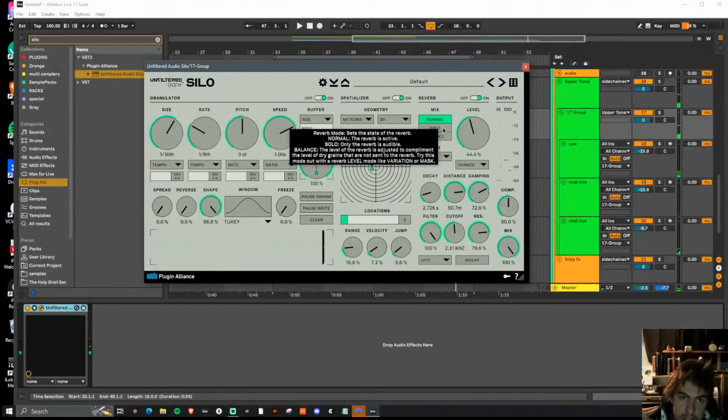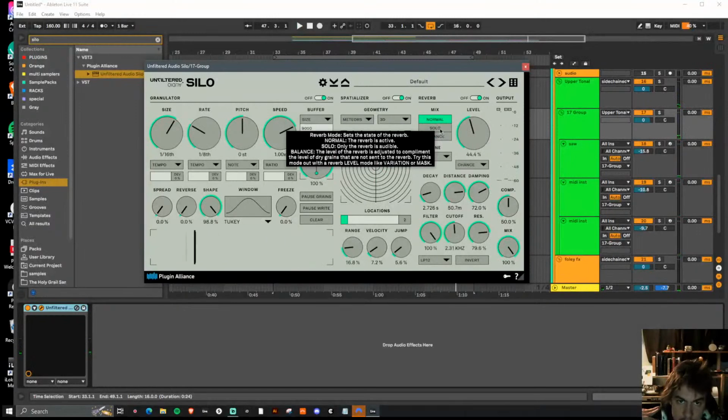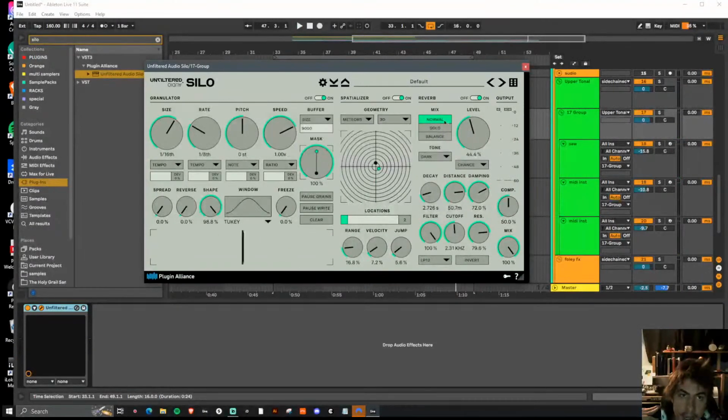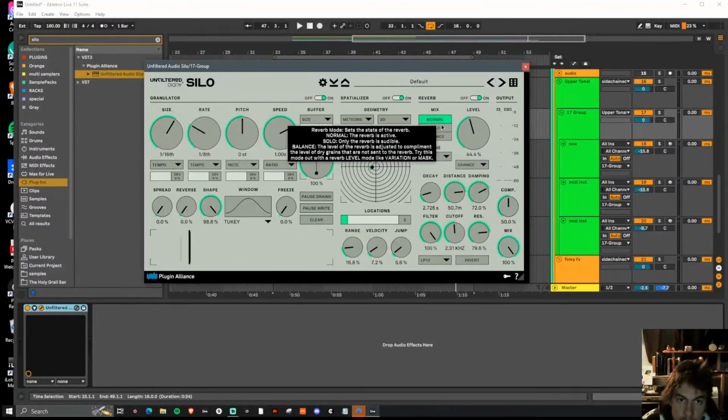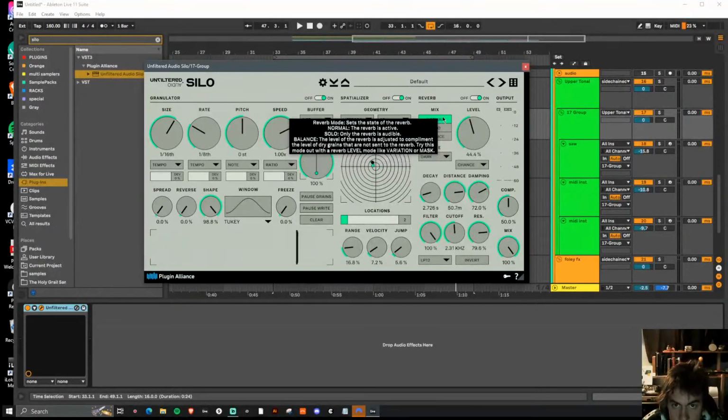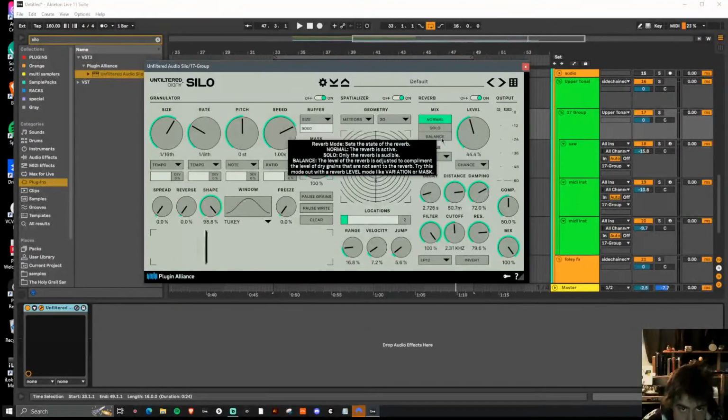Now I'm going to try some different mix options here. And this will change the sound of how the grain overlaps with that reverb. So solo is going to mute the grain and have only the reverb. Normal is the reverb is active. And then balance is going to be the level of the reverb is adjusted to complement the level of the